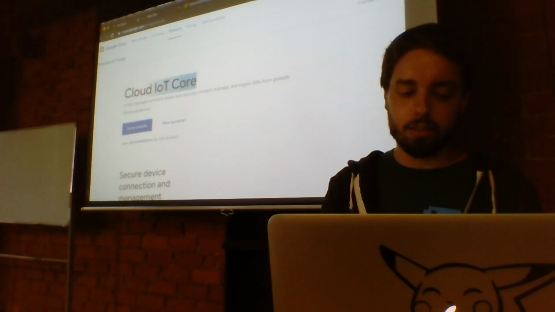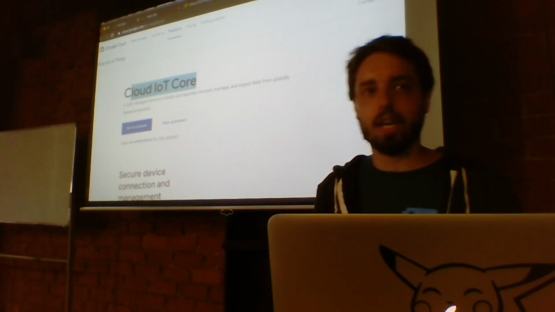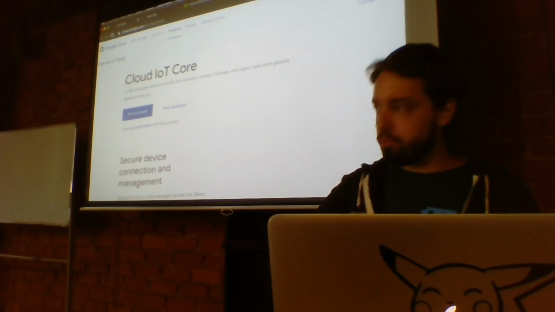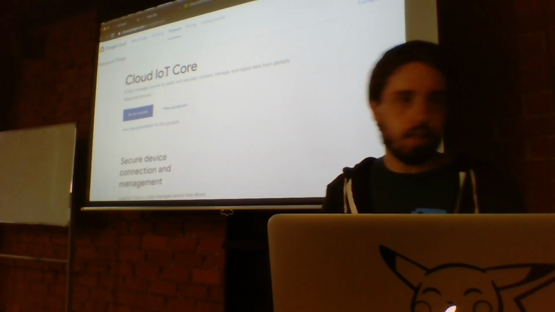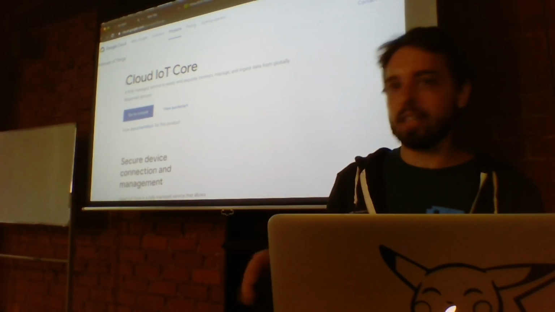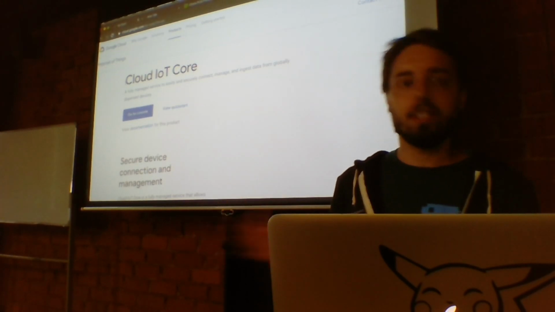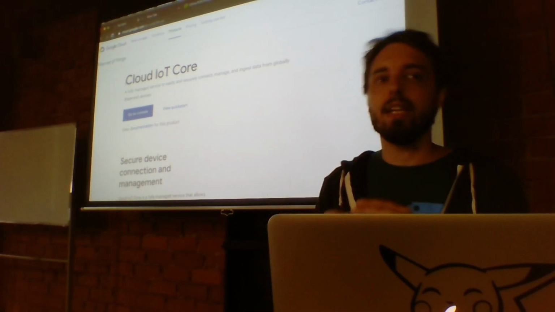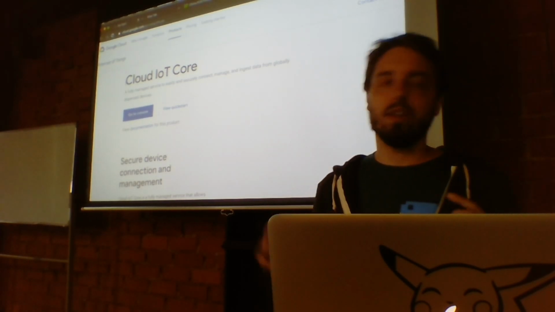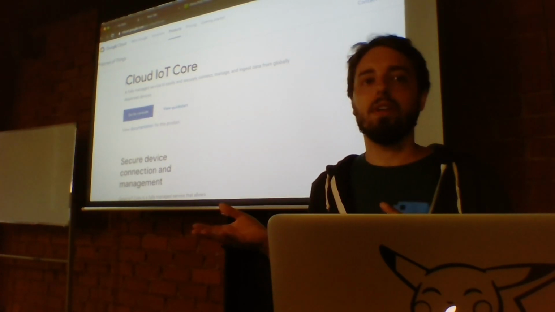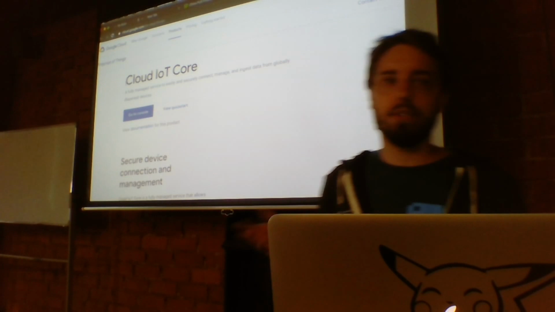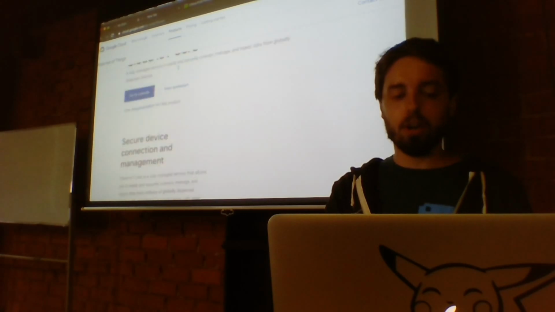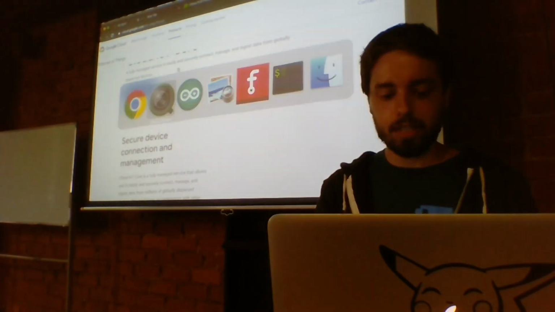Cloud IoT Core is really good because it uses internet standards to connect any kind of devices to the internet. So how it works, it actually provides an HTTP gateway and an MQTT gateway. HTTP, you may be familiar with that, is to send HTTP GET or POST requests, for instance. And MQTT is very lightweight. It's like for a microcontroller to send small messages. It's like a very lightweight version of PubSub or RabbitMQ, if you're familiar with that. You know, it's a publish, subscribe way of doing stuff. So Cloud IoT Core specifies gateways to connect devices to the internet. How does it work?